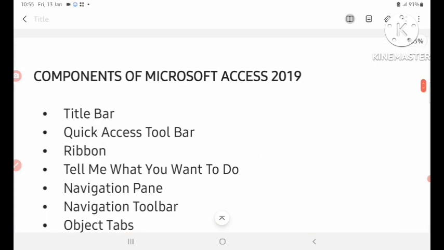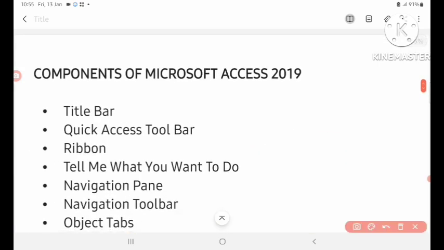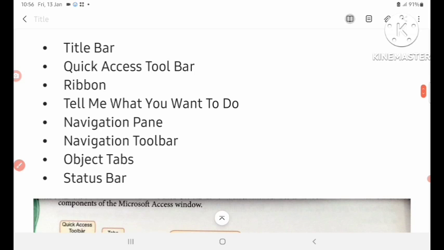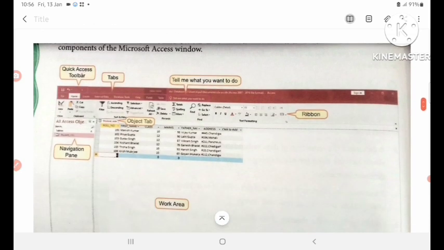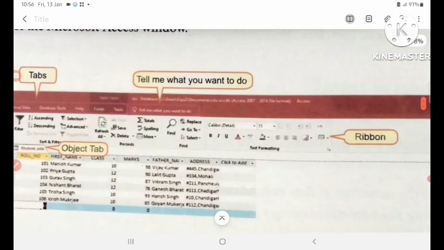So first of all, we will see about the title bar. This is the title bar. As you know already about the title bar, you have studied MS Word, Excel and PowerPoint. So same as here, the title bar.